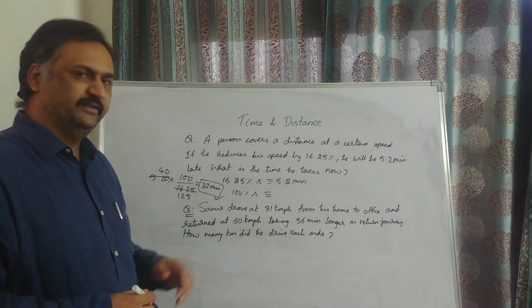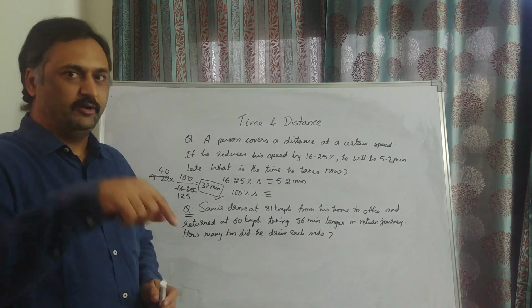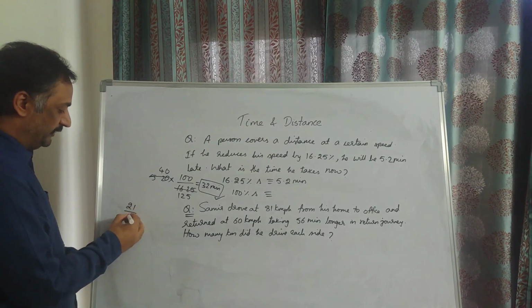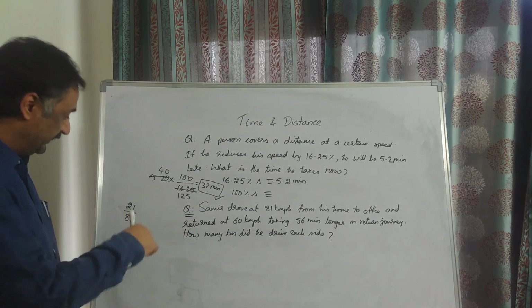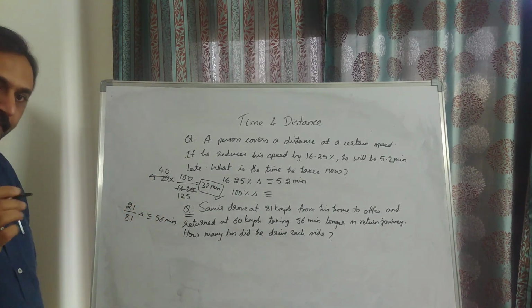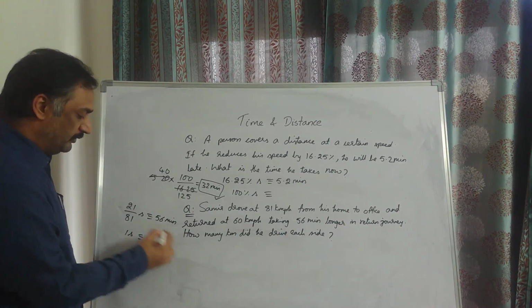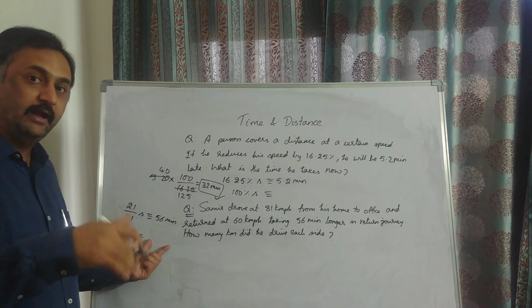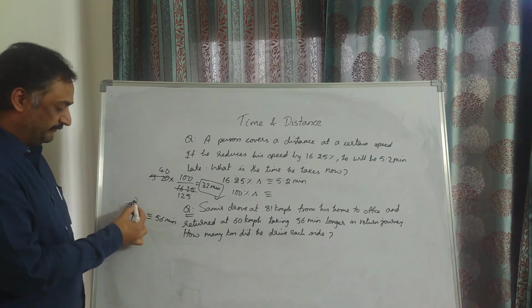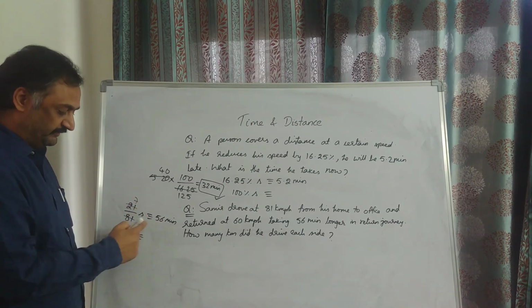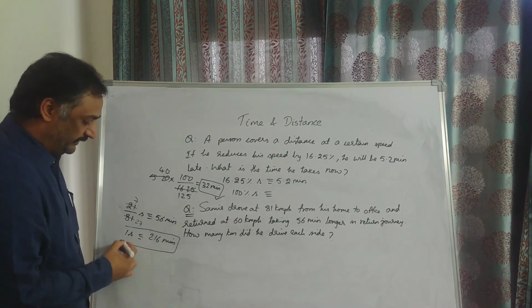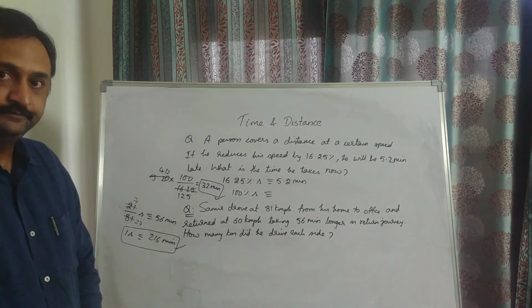81 kilometers decreased to 60 kilometers. I can say 21 kilometers per hour got decreased out of 81. So the fraction of decrease is 21 out of 81. This much speed decrease is causing me 56 minutes of delay. So then total speed is equivalent to how many minutes of travel. With this I can directly find how many minutes he is traveling for in the return journey. So you can see 3 sevens, 3 27s, 7 8s, 27 8s. 27 8s is 216. So he is traveling for 216 minutes in the return journey.